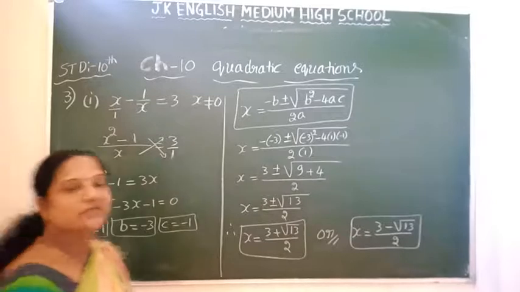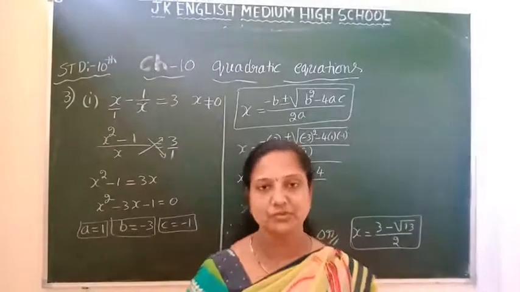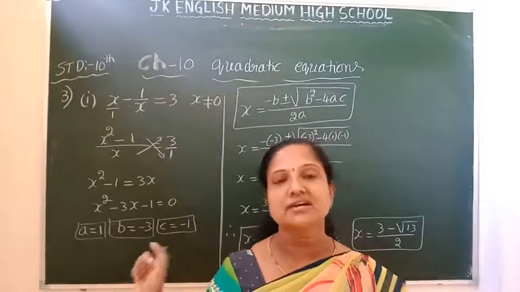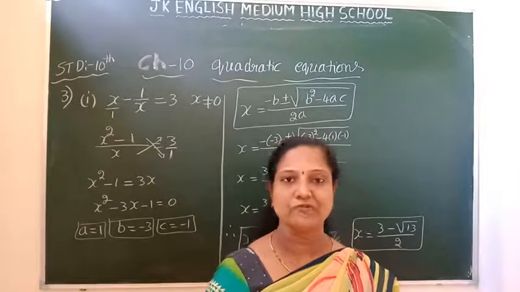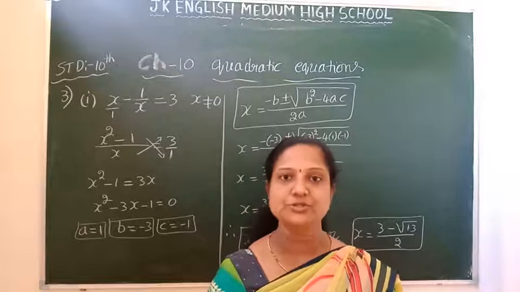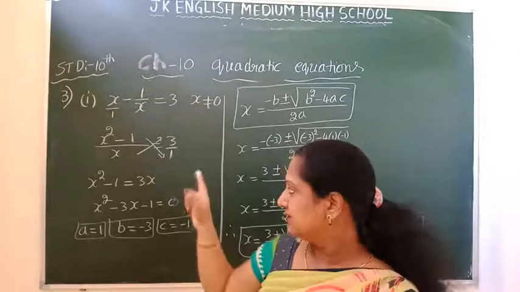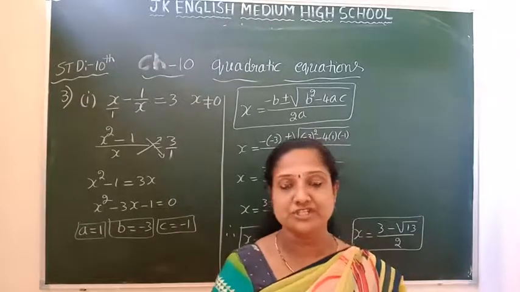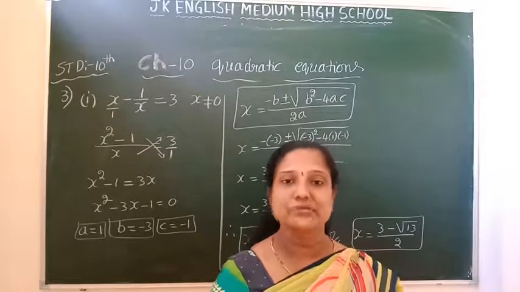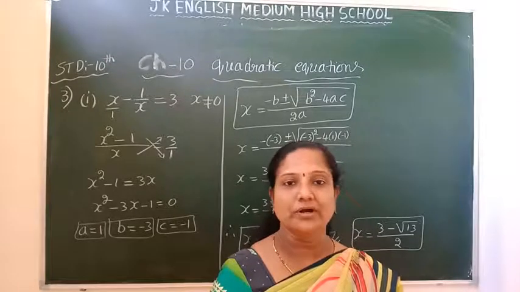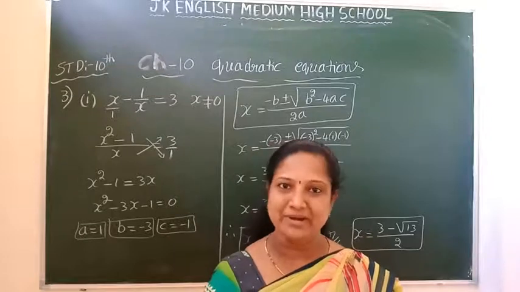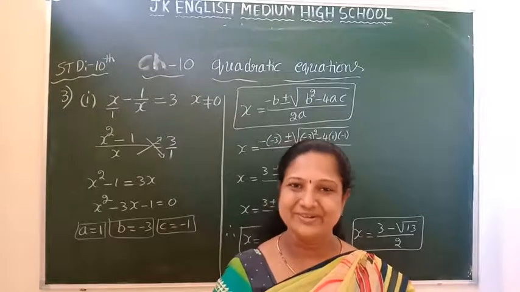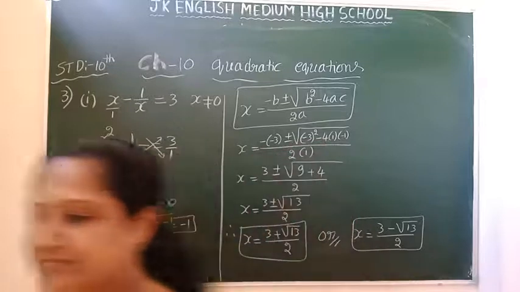In this way, we have to find the roots of a quadratic equation. We have to reduce it to the standard form of a quadratic equation, children, as directly it is not in that form. Then we can solve it by the factorization method or by using the formula. You can use whichever you want, as they have not mentioned which method to use, but I have used the formula method here. Okay children, write it down.